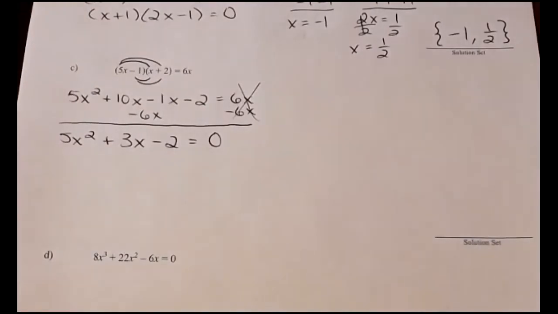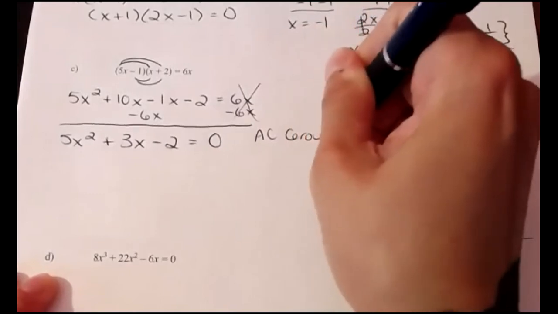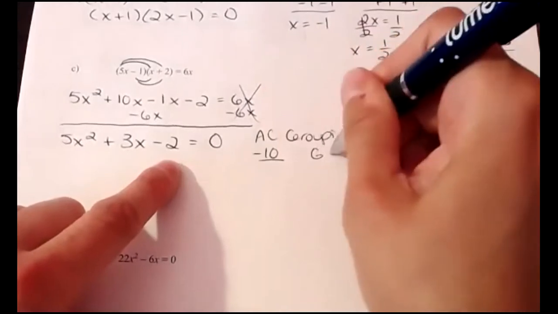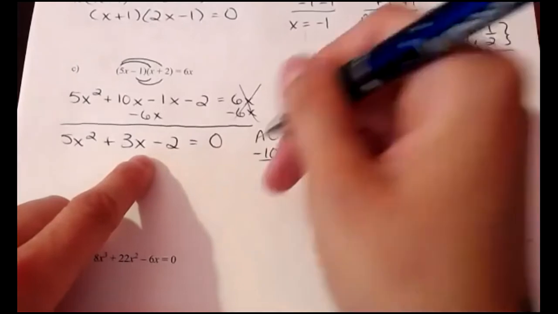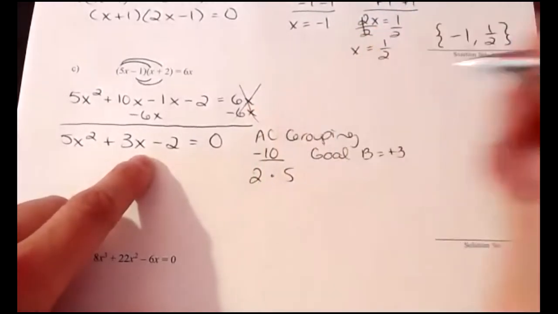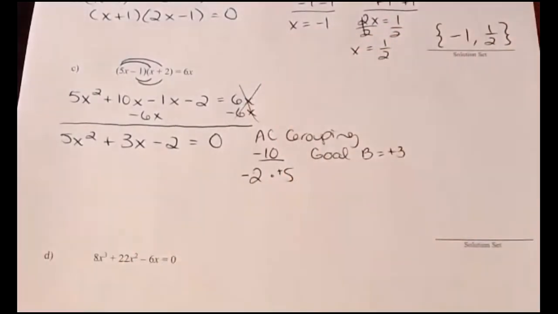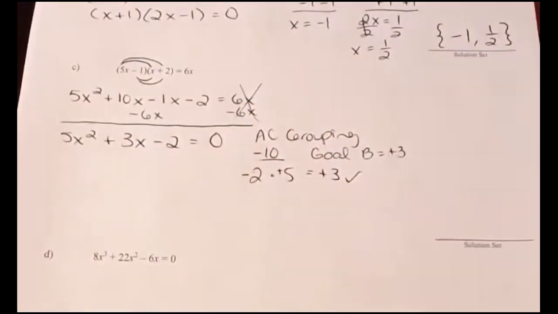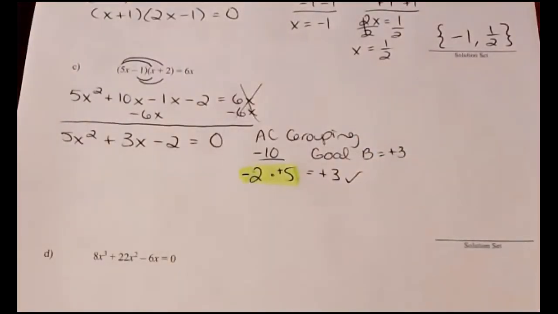Okay, let's finish this off. So we've got AC grouping. A times C, 5 times -2, that's a -10. We want factors of -10 that combine to give us a +3. We know that's going to be 2 times 5. More specifically, we know that the 2 has to be negative and the 5 has to be positive. Double check, -2 times 5 is -10. -2 plus 5 is a +3. So that checks. We're going to take these two factors, a -2 and a +5,